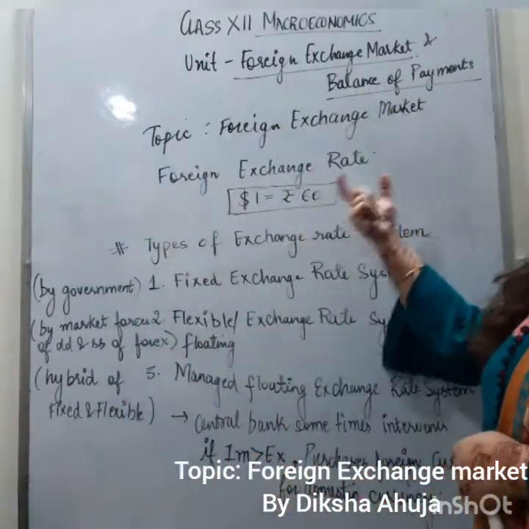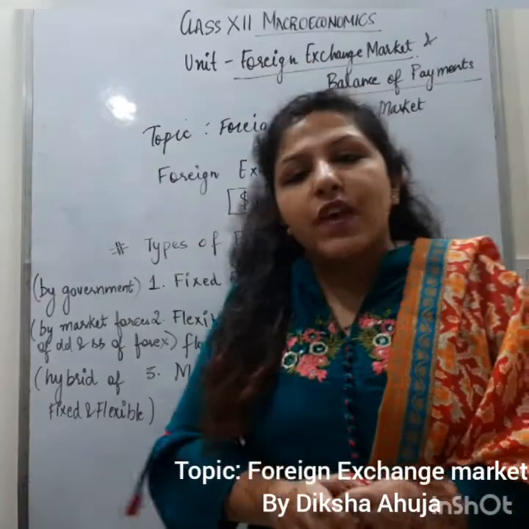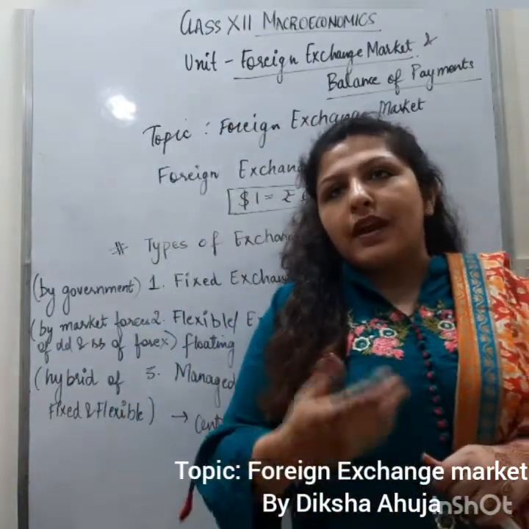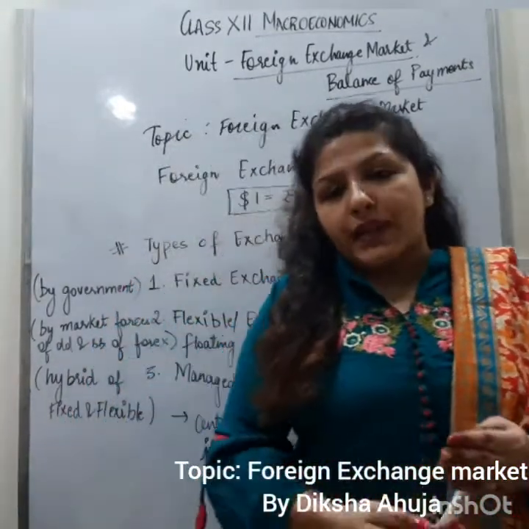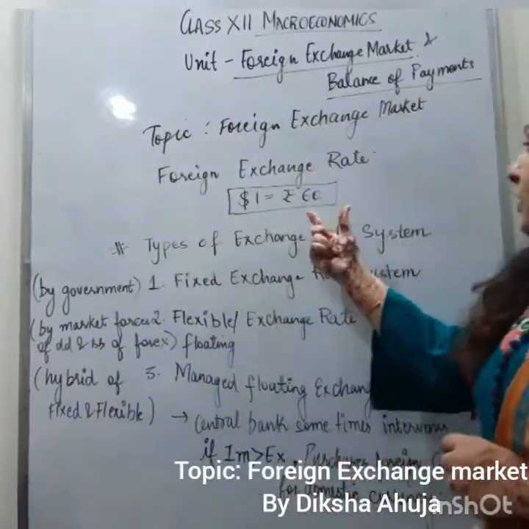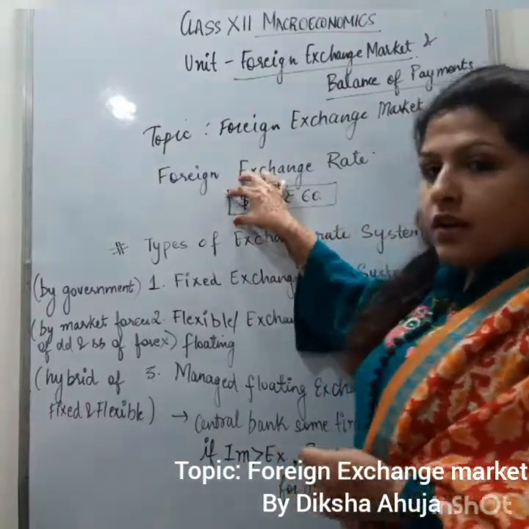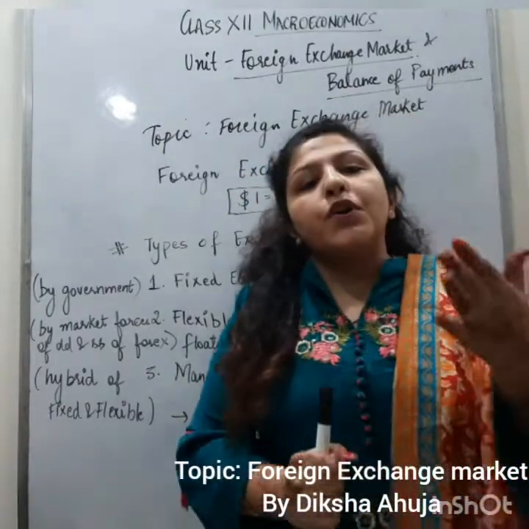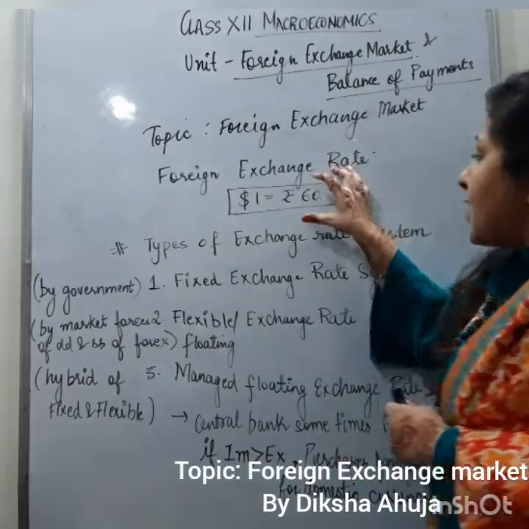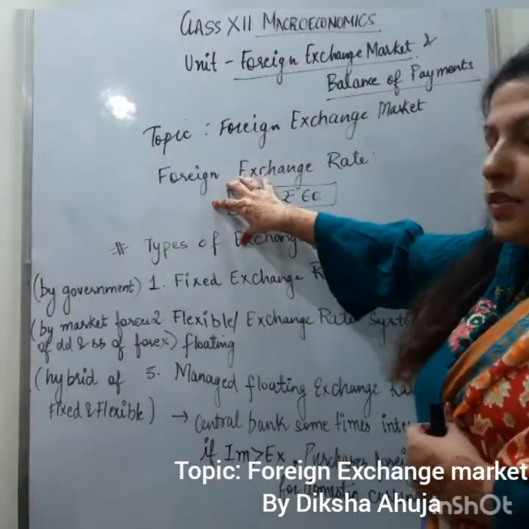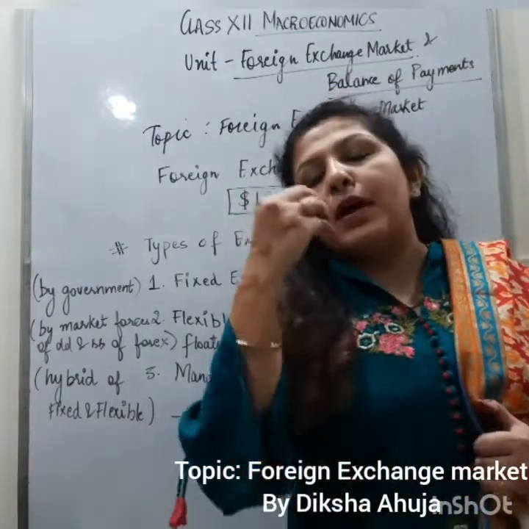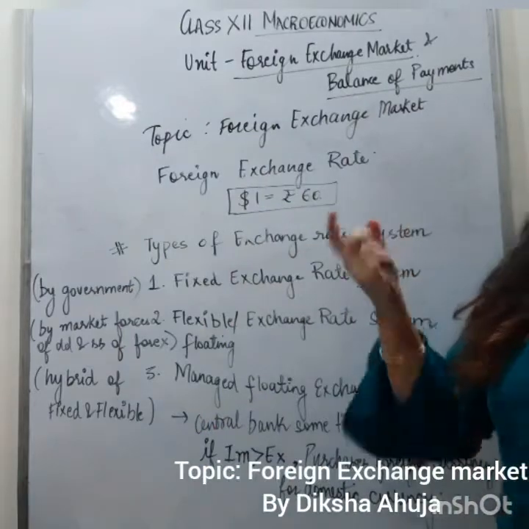So what do you mean by foreign exchange rate? Foreign exchange rate means one currency can be converted into another. If I'm saying 1 euro is equal to 90 rupees, then to buy 1 euro I need to pay 90 rupees. Similarly, $1 is equal to 60 rupees means to purchase this $1 I need to pay 60 rupees. So foreign exchange rate is the rate at which one currency can be converted into another currency. Like if a foreign tourist comes to India and wants rupees, then by paying $1 they must get 60 rupees as their rate.